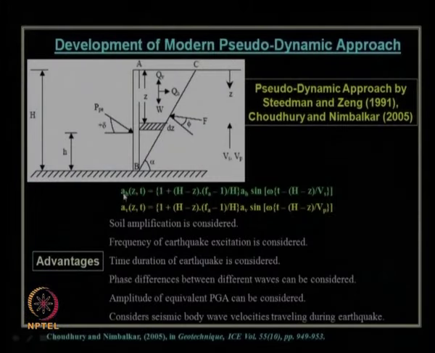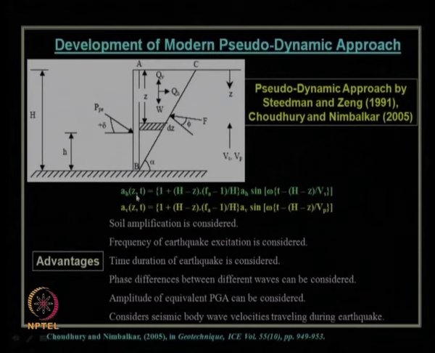So, to do that, we have considered the equivalent sinusoidal motion: once you have the random motion of the earthquake, take the area under the curve of that acceleration versus time history and find the equivalent area in the sinusoidal form of the same acceleration versus time history, which can be represented in this format. So, horizontal acceleration AH is now no longer a constant, but varies with respect to depth from the ground surface, that is z measured from the ground surface, and time t, up to which this earthquake is occurring, which is expressed in this form, that is 1 plus